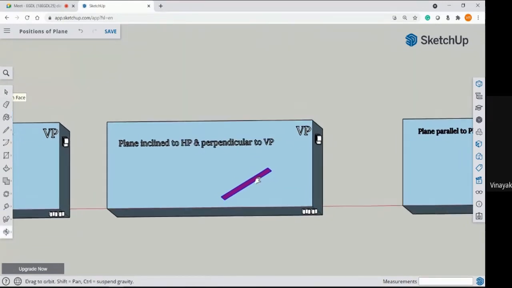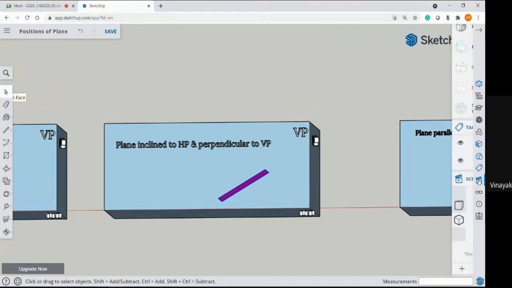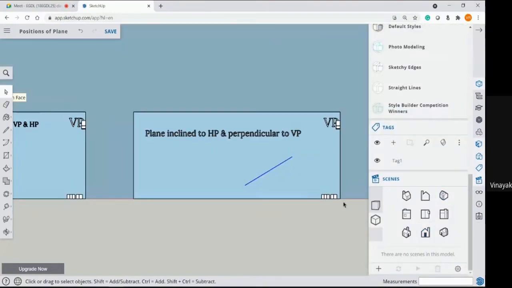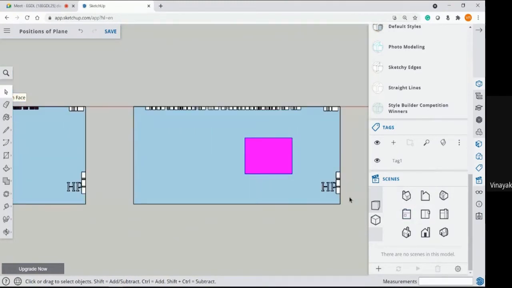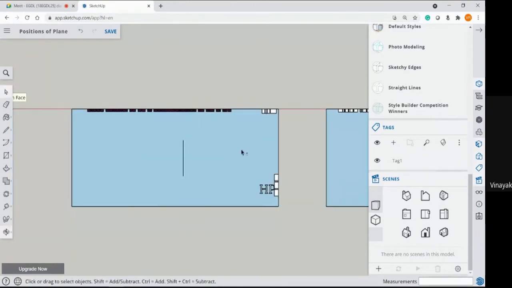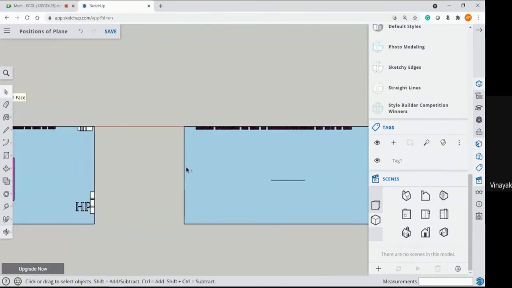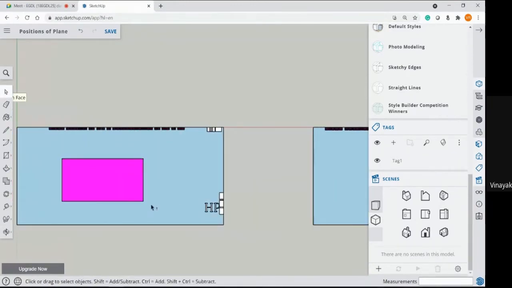When it is in the fourth position, let's see the front view. Our front view is a straight line. Then let's see the top view. Top view is this. Can you tell me whether this is the true shape or apparent shape of the plane? In the first position, you have the true shape. Now the same plane has been inclined to horizontal plane at some angle.